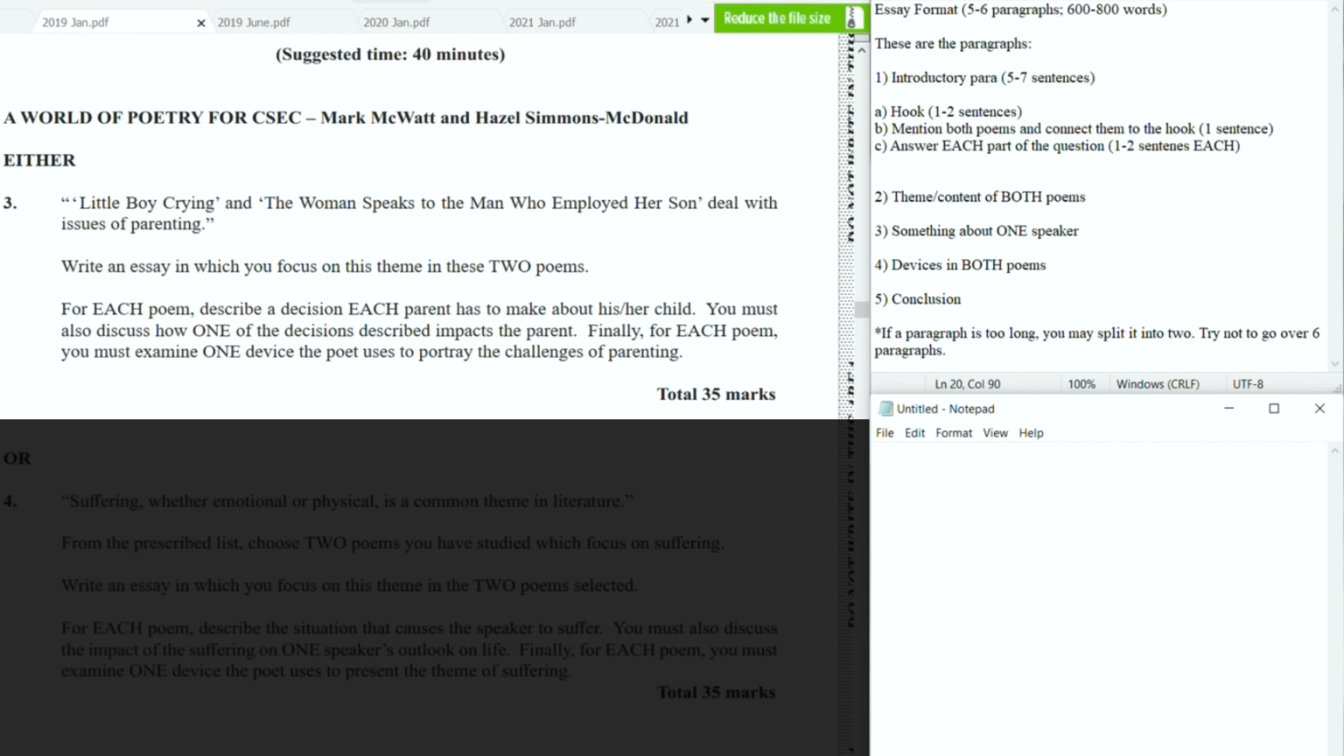For this plan, I just need to know the points I'll be making in the body of the essay. And from this plan, I'll be able to write the intro, and from the intro, I'll be able to flesh out the essay. So, part 1 has 3 parts, remember. Part 1 is about a decision that each parent has to make. In Little Boy Crying, yes, LBC. What decision do I want to talk about? Let's say, okay, the parent has to choose